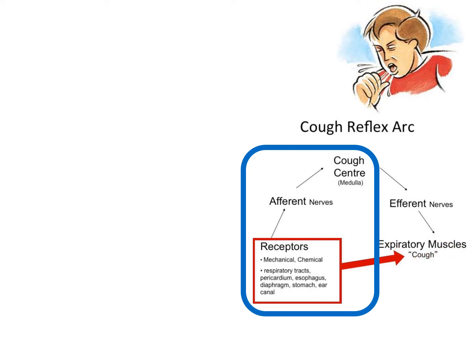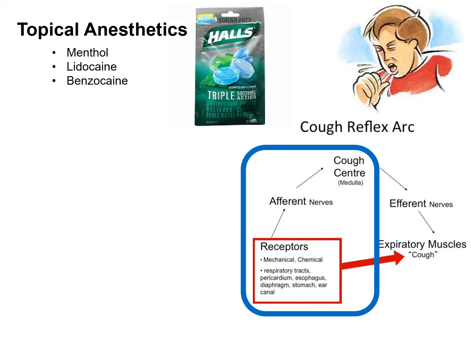So how do we deal with coughing? Maybe what we do is suppress some of these sensory neurons, since oftentimes coughs are just a generalized response to irritation in the pulmonary system. So why not numb it up with a topical anesthetic? Coughing is like scratching an itch. It can induce additional irritation and thus additional coughing.